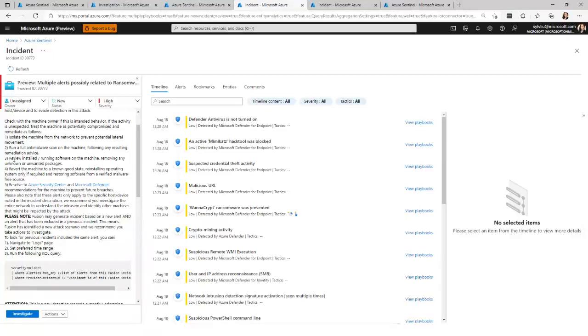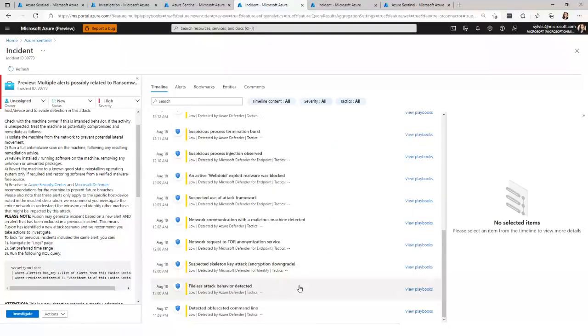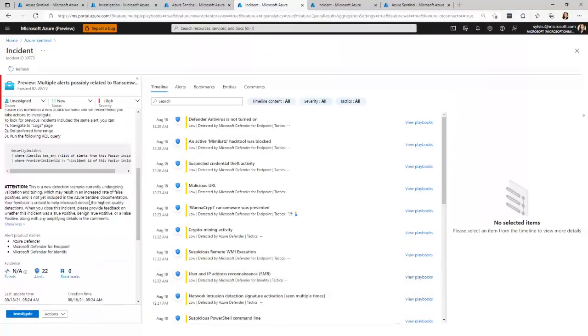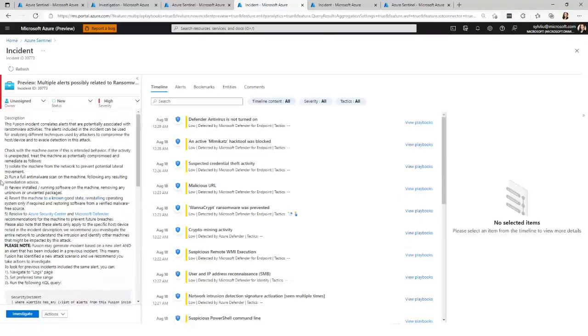So we strongly recommend you look at all the alerts that are included in this incident, investigate the common entities that we have identified among these alerts, and then review the recommended steps to take actions to understand if this is a true ransomware attack.